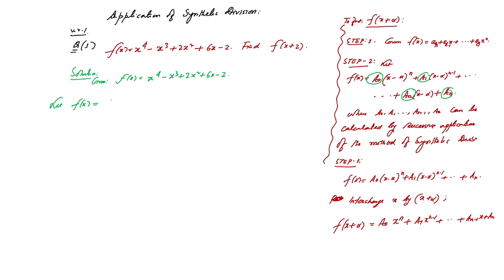The highest degree is 4. So here a0 (x minus 2) whole to the power 4, a1 (x minus 2) whole cube, plus a2 (x minus 2) whole square, plus a3 (x minus 2), plus a4. Then a0, a1, a2, a3, a4 can be calculated